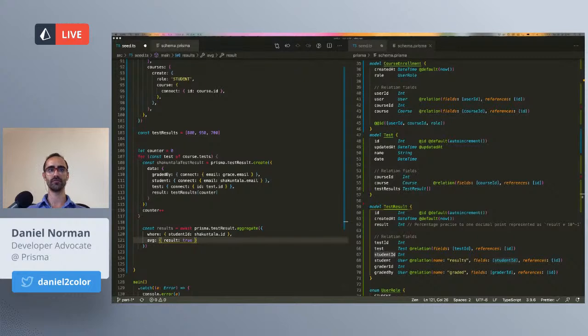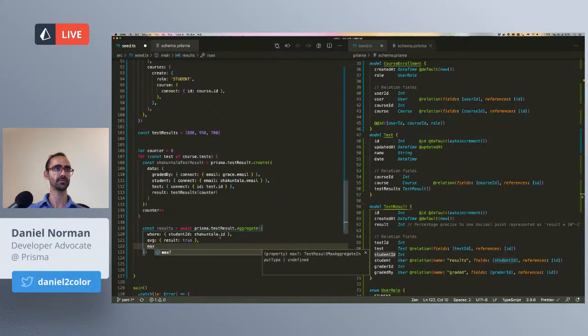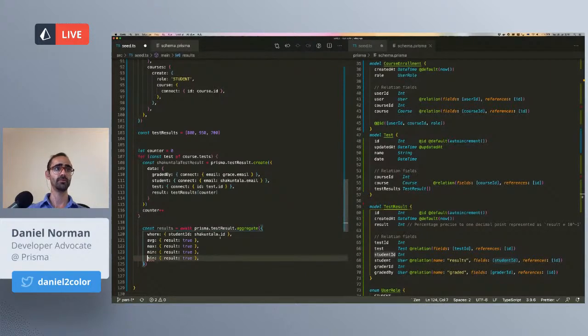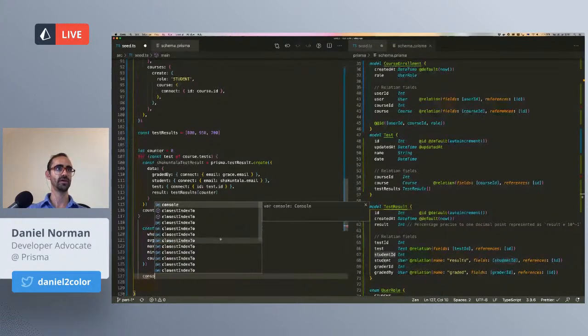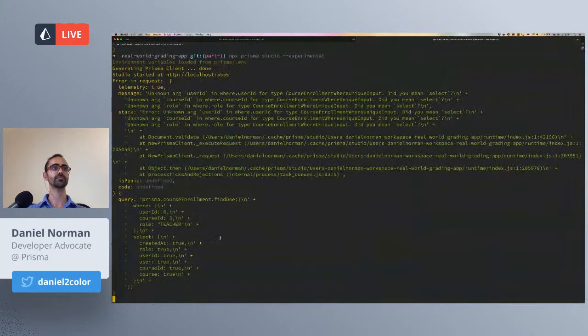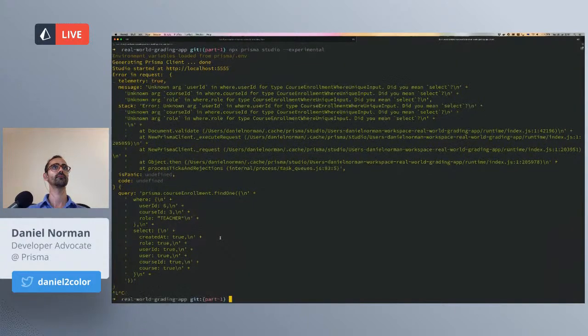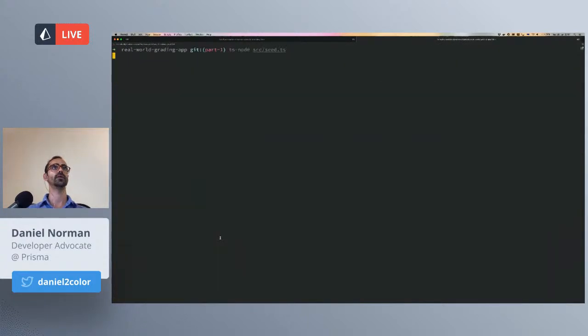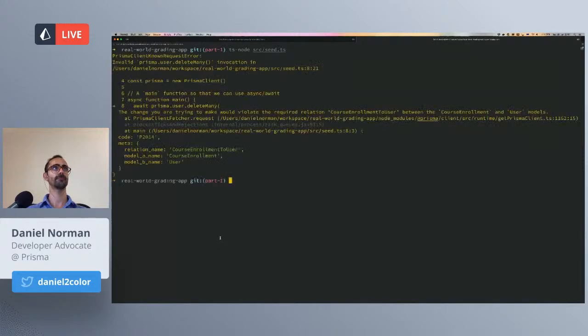Quick reminder again that you can find all of this in the documentation, and then we want to get maybe the max and the min, and maybe even the count, and let's log the results, and we'll wrap up with that. And now I'm going to run the seed script. And,